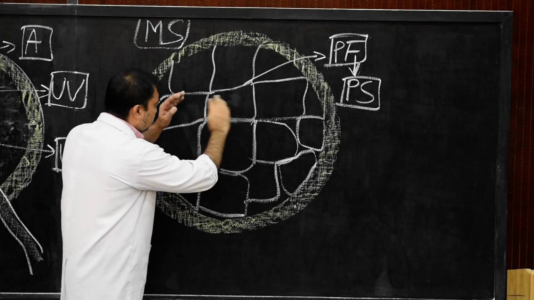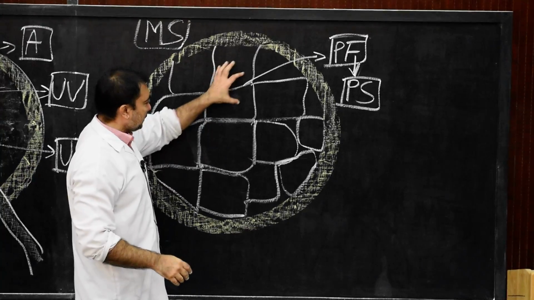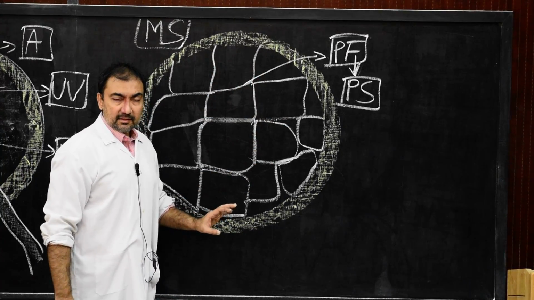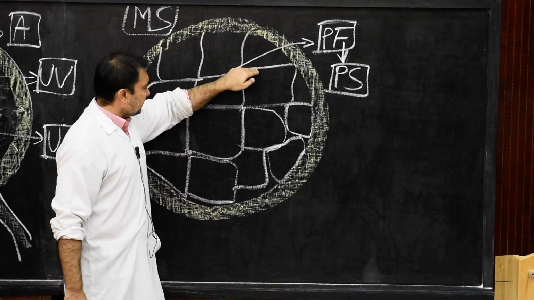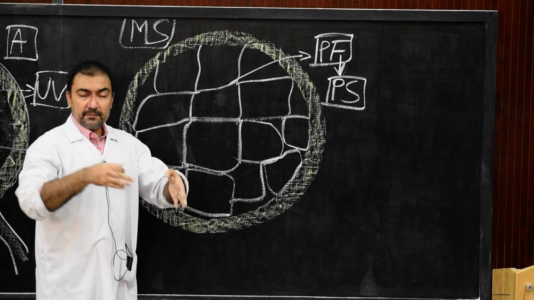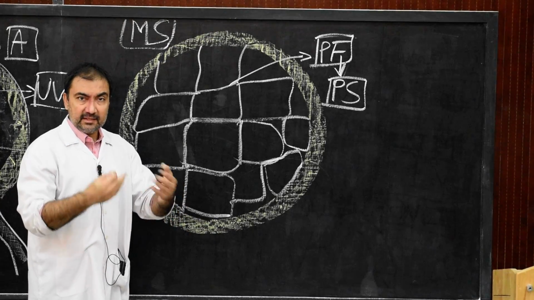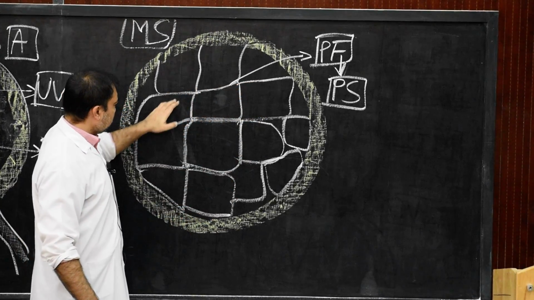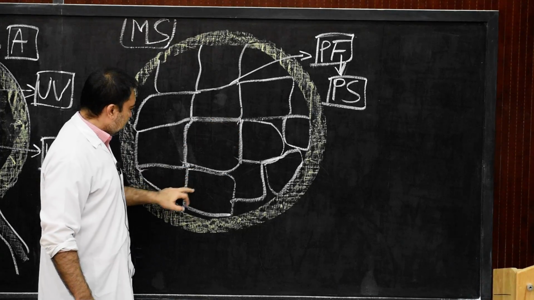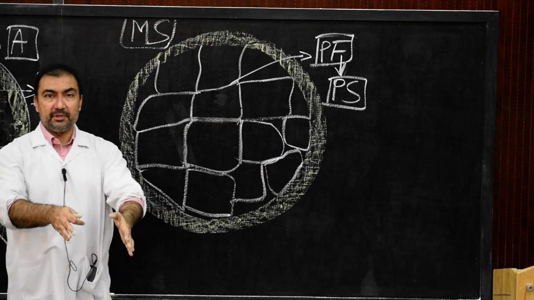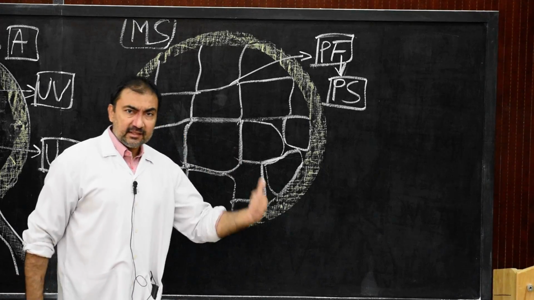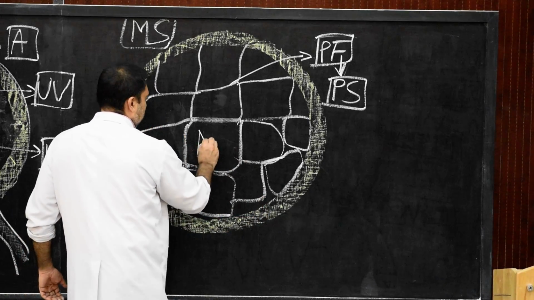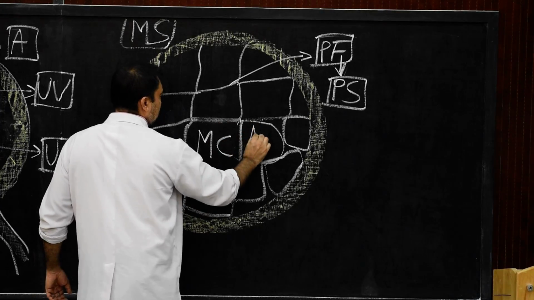So on the surface of the maternal side, we will find so many polygonal areas which are separated by deep placental fissures, and each placental fissure will contain placental septa, which we will see later on. So these placental fissures will contain placental septum. What are these areas known as? These areas are known as maternal cotyledons.